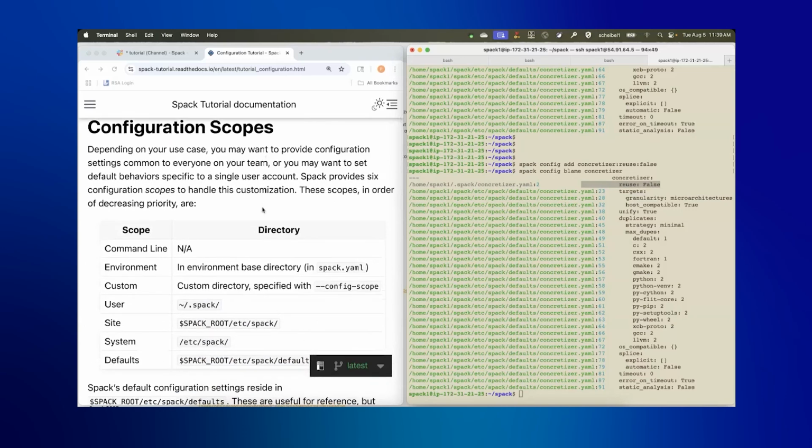So now we'll get a little bit more into scopes. You can actually see that kind of in effect here in config blame. We're only showing 2 in this case, but we have the defaults, which is essentially what you get when you clone Spack, and that describes how Spack should behave, and because it's the default behavior, that forms the name of the scope. And then we just added our own config, and by default, that gets dumped into your home directory. So these are 2 examples of scopes, and